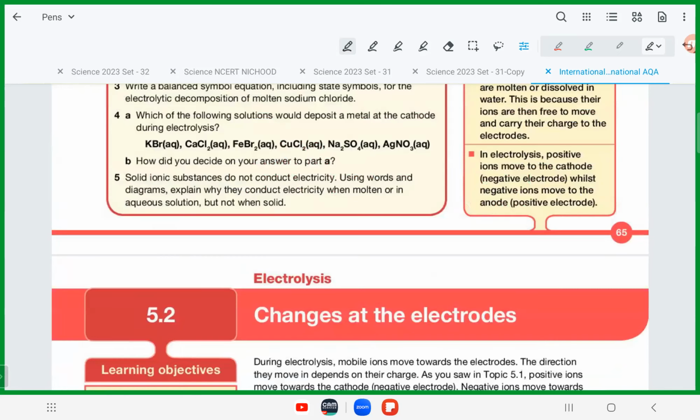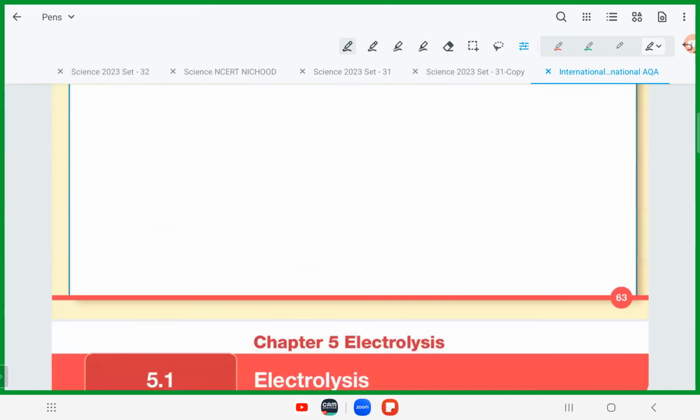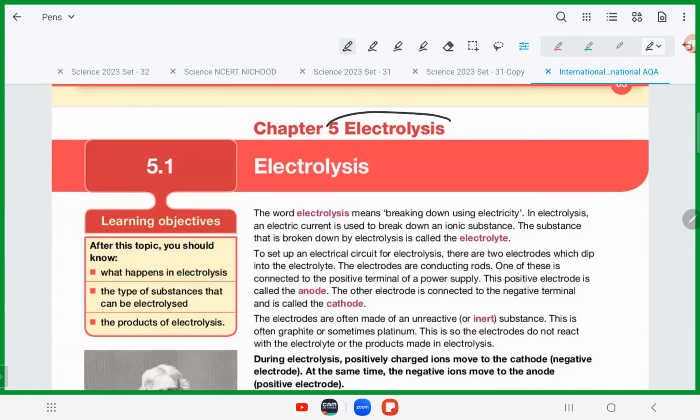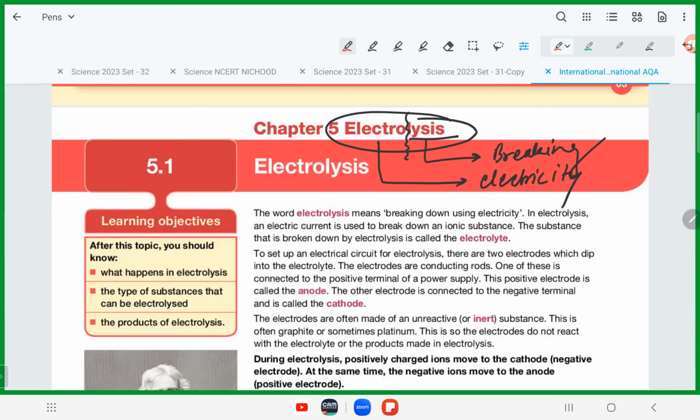Oh, this is the chapter on electrolysis. Okay, very good, very nice chapter. What is lysis? Do you know lysis? Lysis means breaking, right? And electro means electricity. So you are breaking something with the help of electricity. Okay, so if I write the definition here,